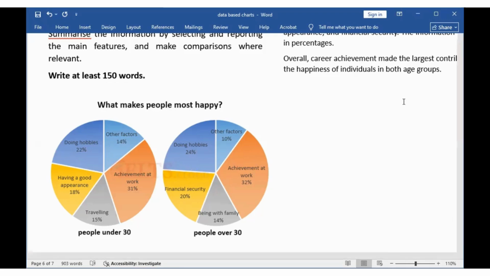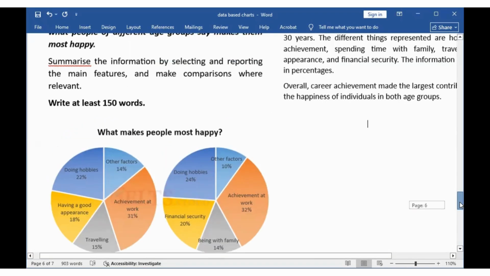But anyhow, now let's write our main body. So what I'm going to do here is look for the biggest figures for under 30. So what is the biggest figure for under 30? Achievement at work. Okay, so to start with,